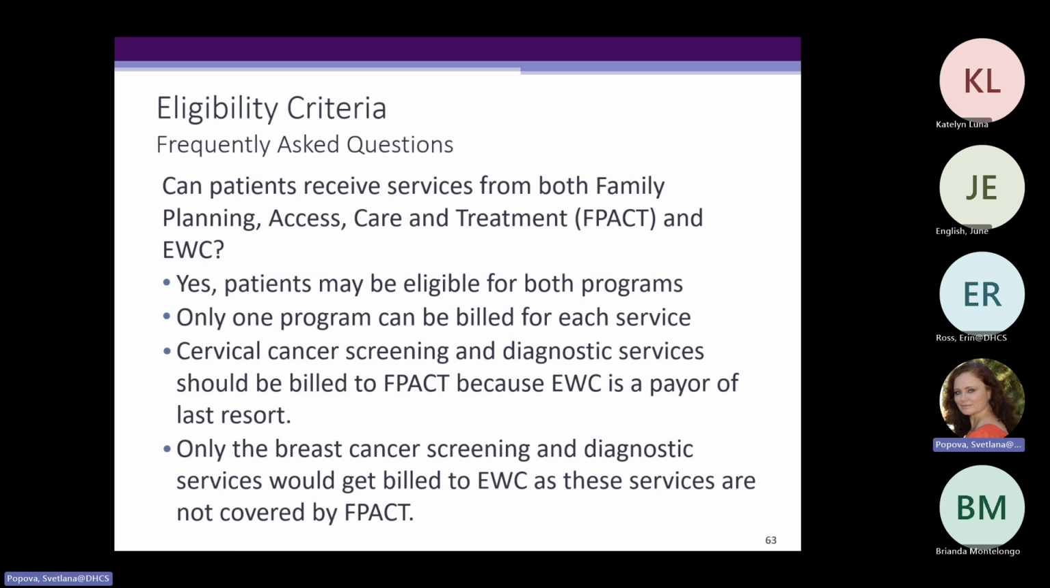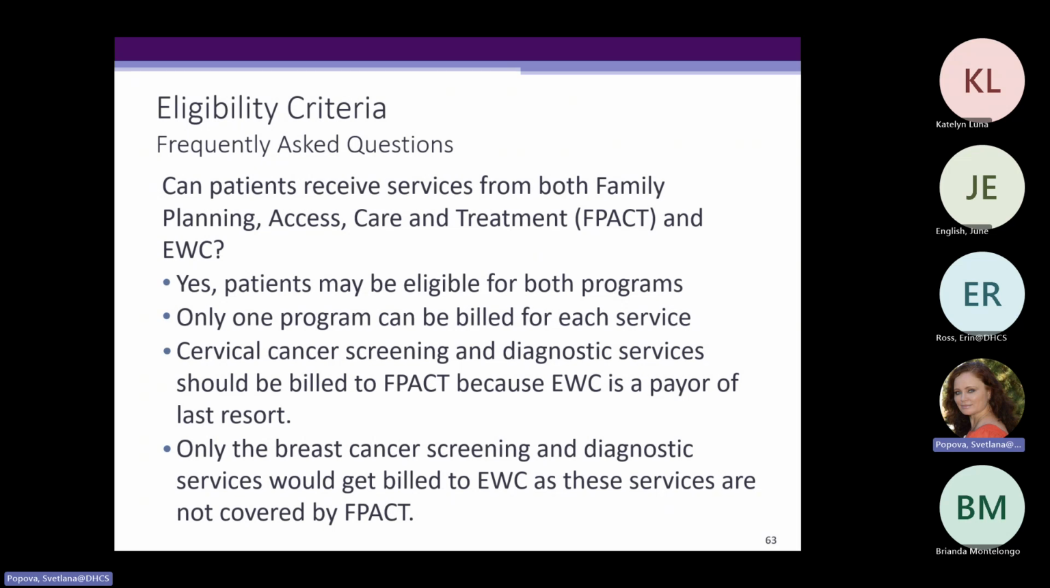Okay, we already talked a little bit about what BCCTP does, and the question is, can patients be served by both Family PACT and EWC? Yes, they can, but only one program can bill for each service, so programs cannot be double dipped. Cervical cancer screening and diagnostic services should be billed to Family PACT first because EWC is a payer of the last resort. Only breast cancer screening and diagnostic services should be billed to EWC because these services are not provided